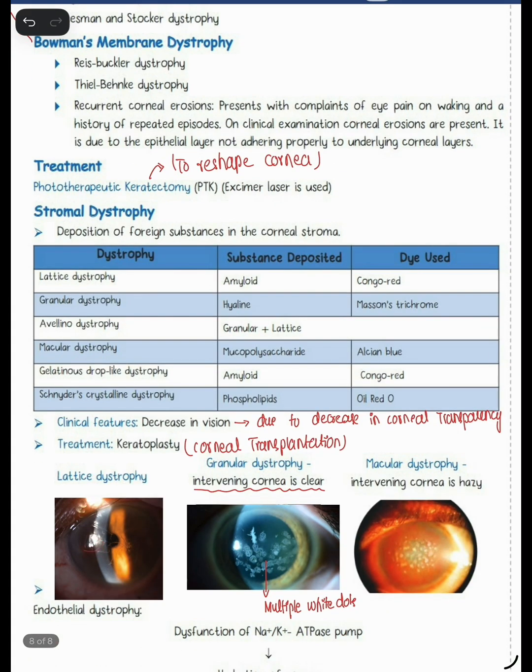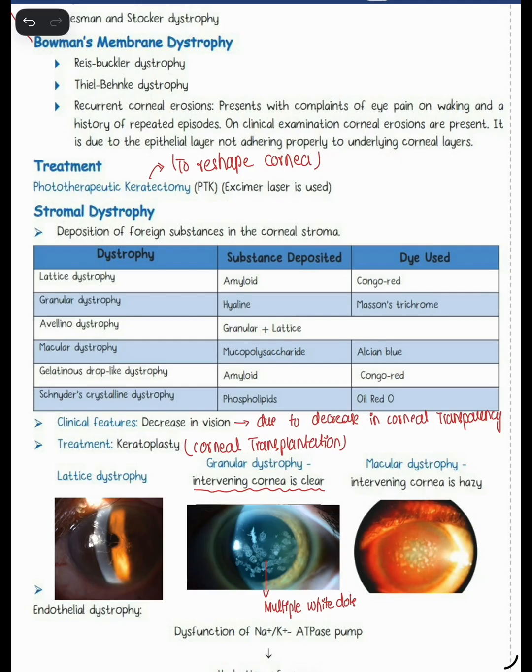the macular dystrophy, in which the mucopolysaccharides are deposited and the Alcian blue is the dye used to identify it, and the gelatinous drop-like dystrophy, in which the amyloid is deposited and the stain dye is the Congo red, and the Schnyder's crystalline dystrophy, in which the phospholipids are deposited and the oil red O is the dye used for it. So we have the lattice dystrophy, granular dystrophy, Avellino dystrophy, macular dystrophy, gelatinous drop-like dystrophy, and